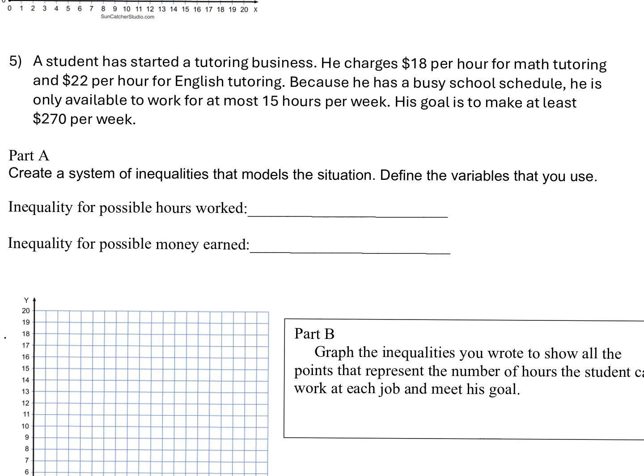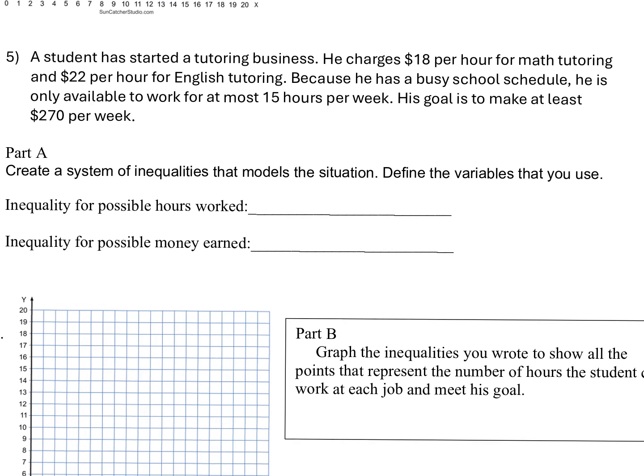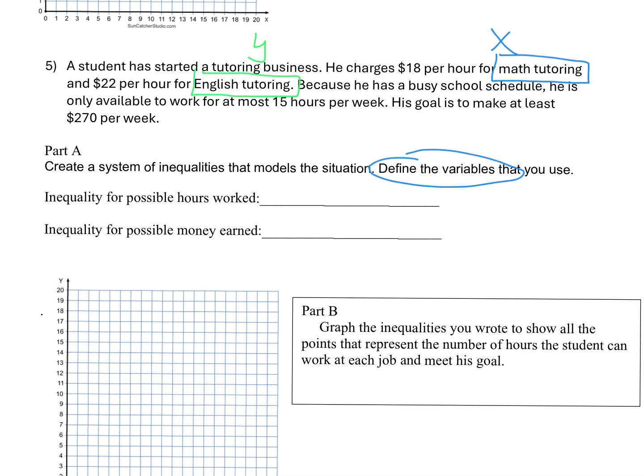Now for our very last one. So in this problem, it says to define the variables you use. So it's asking us to decide. So I'm going to use X to represent the hours of math tutoring, and I'm going to use Y to represent English tutoring. So that means the number of hours of math tutoring plus the number of hours of English tutoring